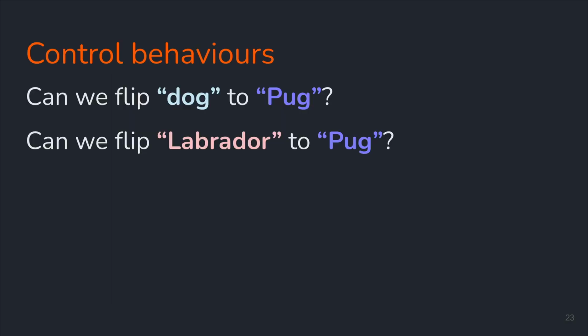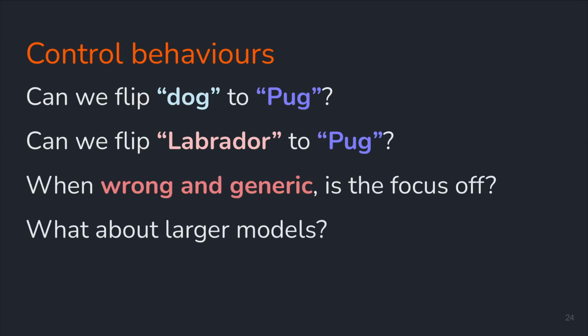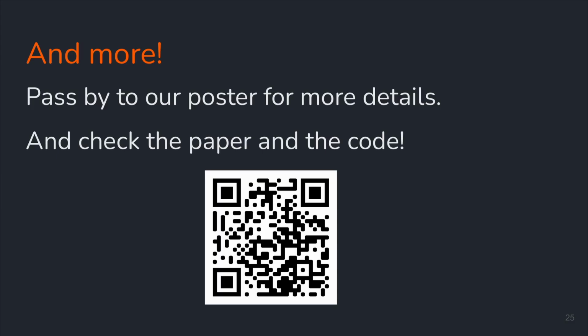Then we also explore how we can control this behavior, so if we can flip the generic predictions into more specific ones, and also if we can flip misclassification cases into correct cases. We also explore what are the completely wrong predictions of these models, and then scale our studies to larger and commercial models. We don't have time to cover everything in this presentation,